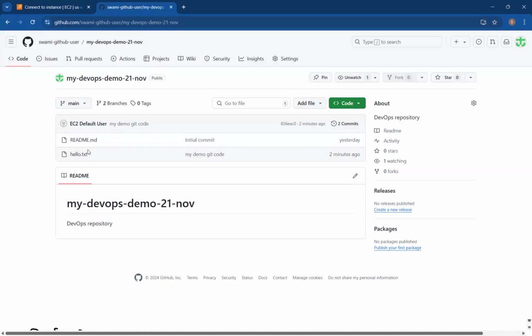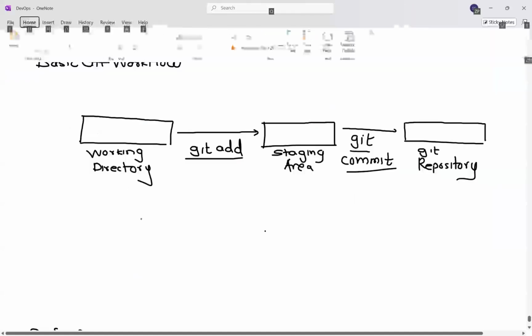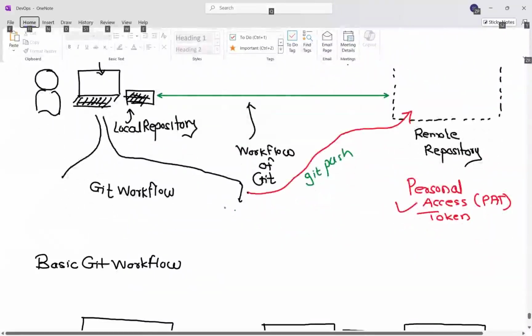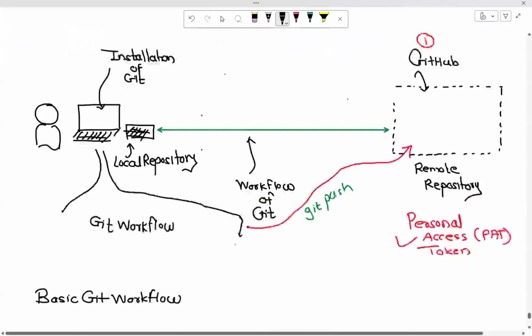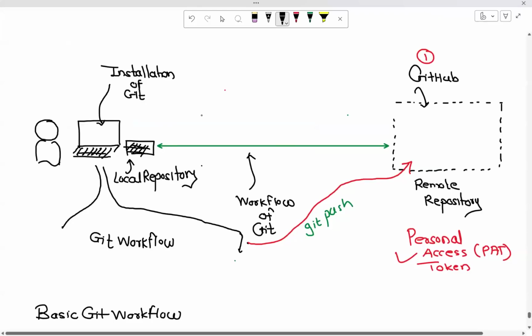Okay, so team, it is very similar to what we have done yesterday. Yesterday was a bit different because in yesterday's demo, we had initialized our Git repository on our local machine itself. Then after initializing it and doing everything, we pushed our code over, and we had added the origin as well, if you remember, right? I think we had used the command git add origin, and with that, we had added the origin. None of that is required now. I'm able to clone it as per our requirement.